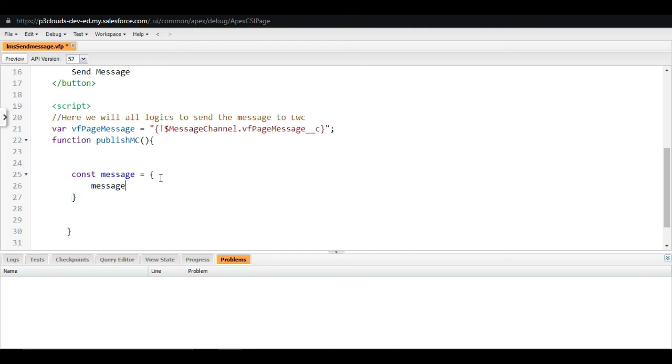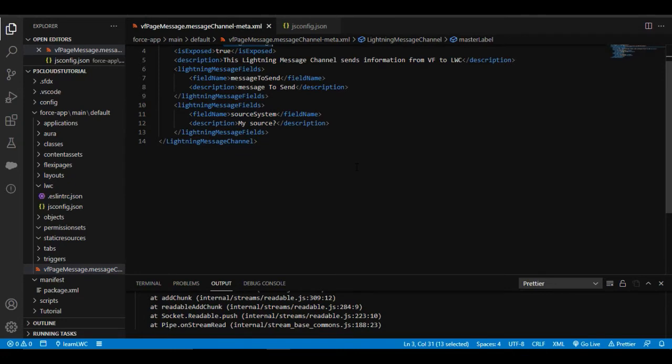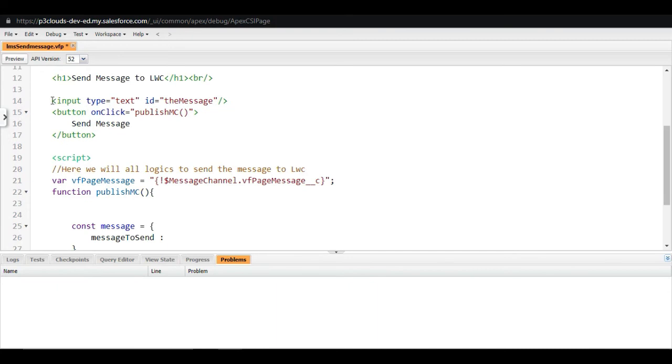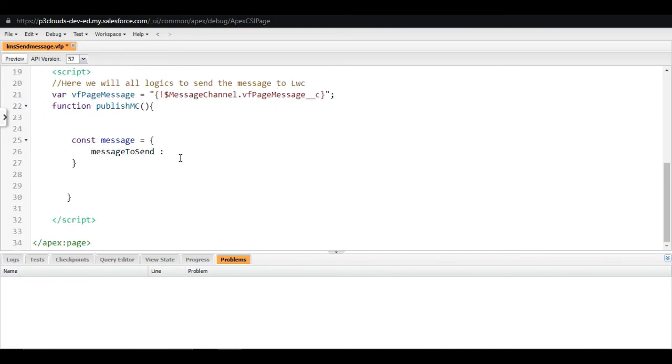The first thing is we need to define the field message to send. This field is basically what we have defined here. See here, this is the field name where we will store the message, and for message, we will store the message of the input box.